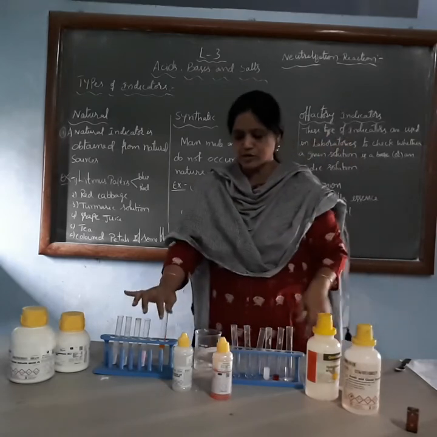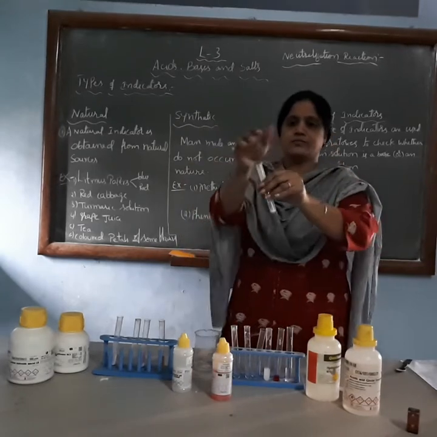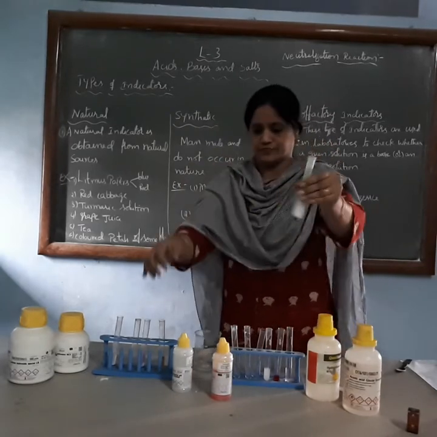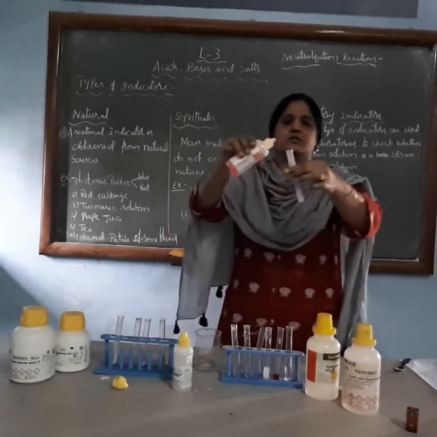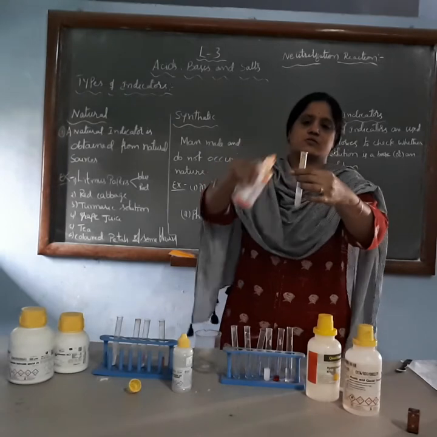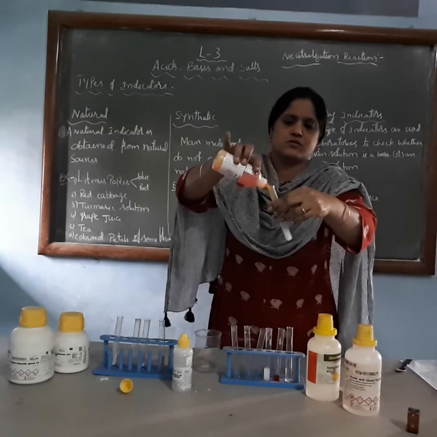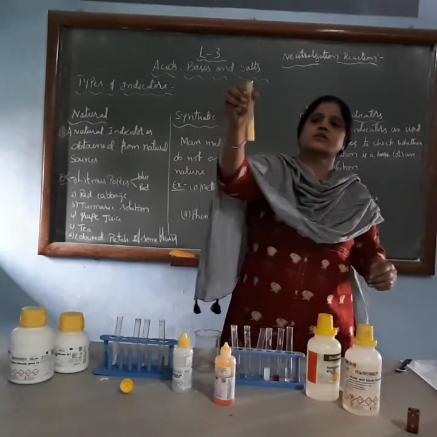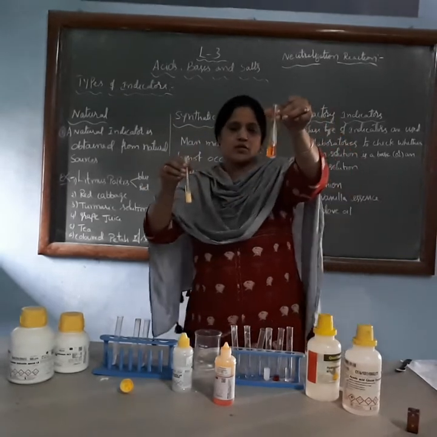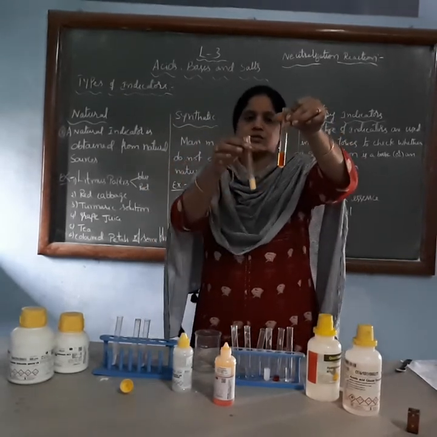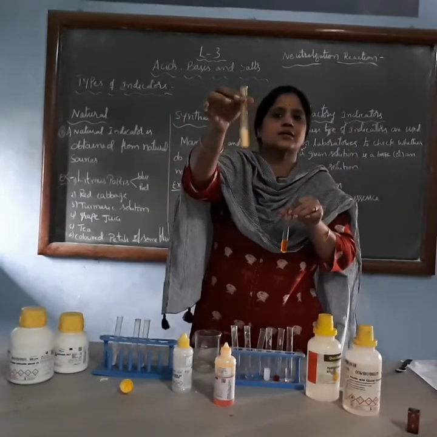So you think, teacher, this is orange color, it is not like yellow. Once again I will do and I will show you. See, one more acid I have, base I have, and I will add one drop, and once again we will check. See, now it changes into the yellow color. Here I added more quantity of the methyl orange. Due to that, it appears like orange color. If you take less quantity, then its color is yellow.